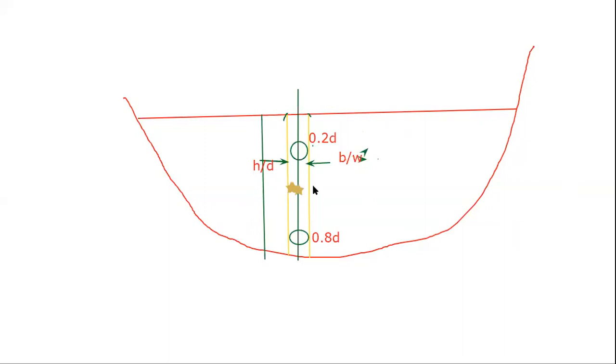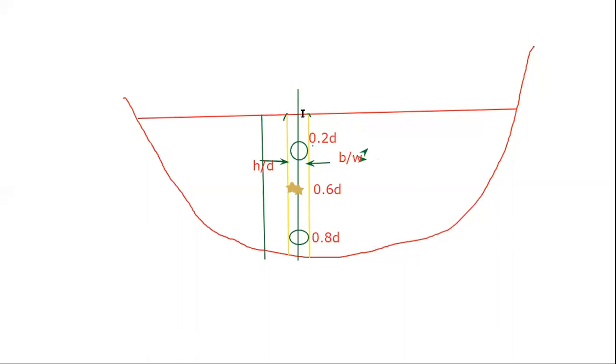Okay, so this is nothing but our average velocity, which will be equal to velocity at 0.2d plus velocity at 0.8d we can say. That is generally about 0.6d we can say. Okay, or whenever the river is of a shallow depth, in that case we measure the velocity only at a single point, that is at 0.6d. Okay, that is called the single point method. And whenever we measure the velocity at 2 points, that is 0.2d and 0.8d, in that case it is called the 2-point method.